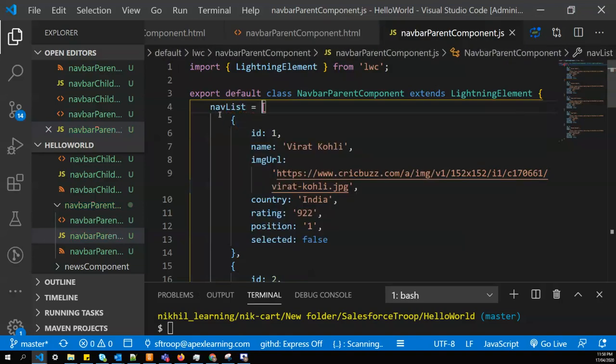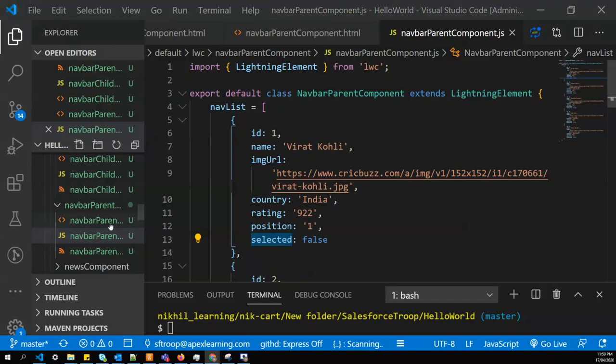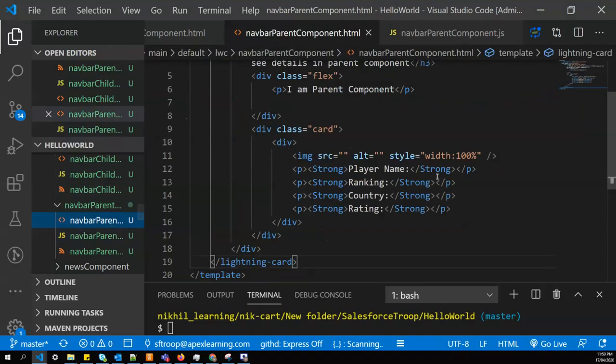So navlist is an array of objects in which I have ID, name, URL, country, rating, position, and a property selected false. And in HTML, we are going to bind these properties here in the card.